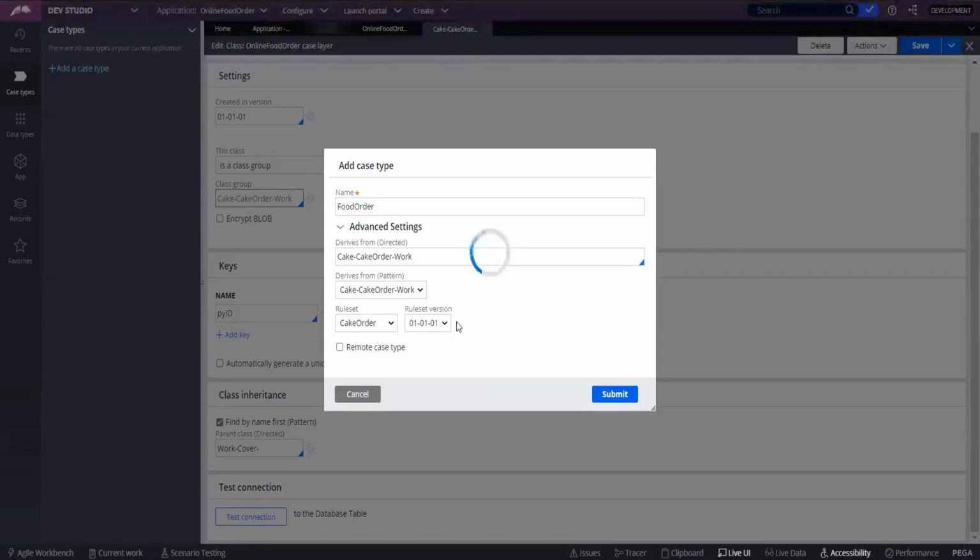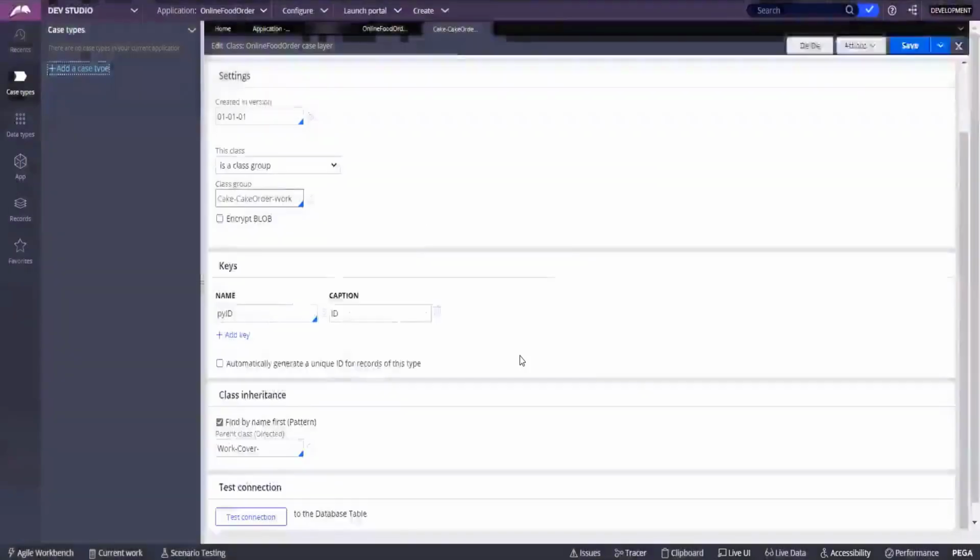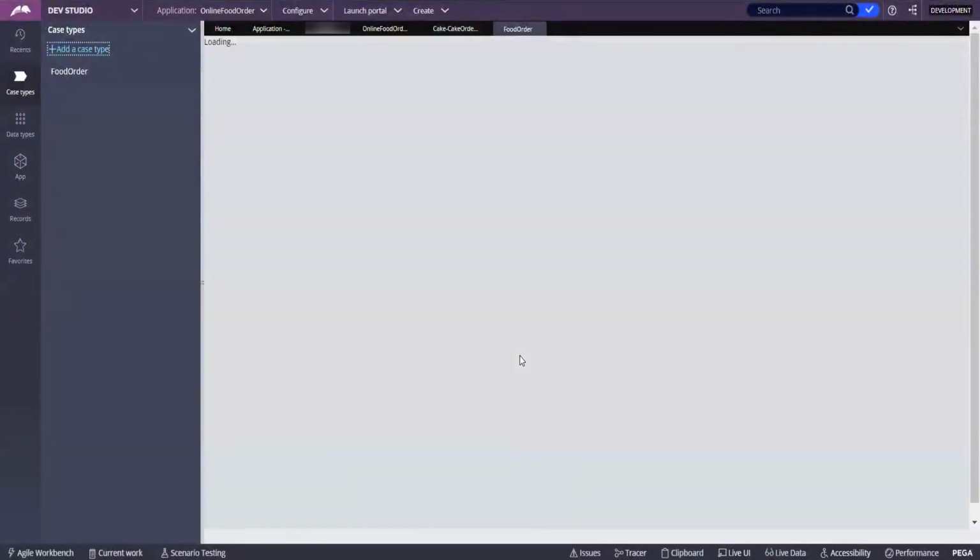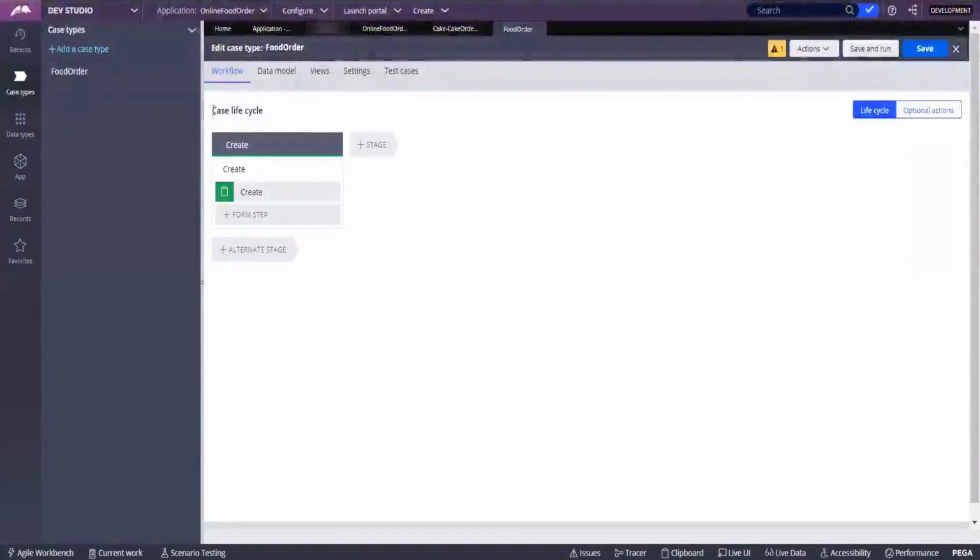It will take some time, like 1 minute. Okay, you understand it. Now we are in the case lifecycle.